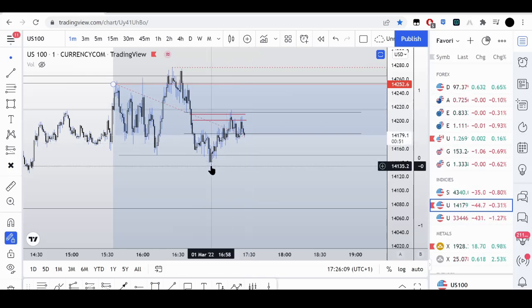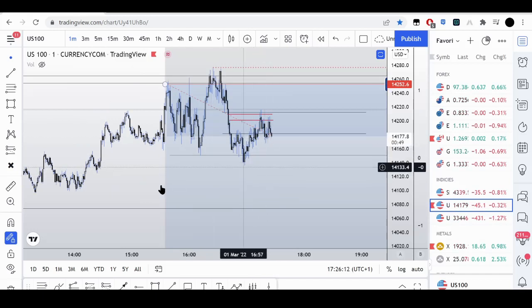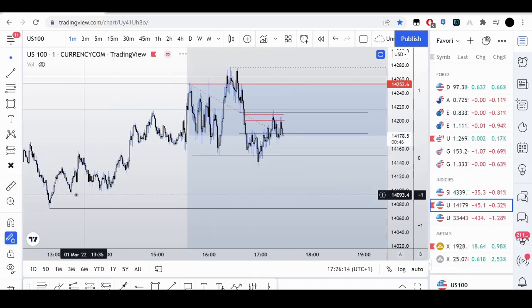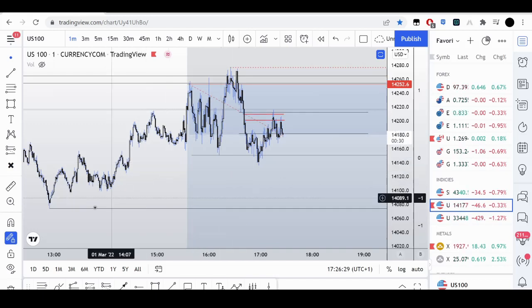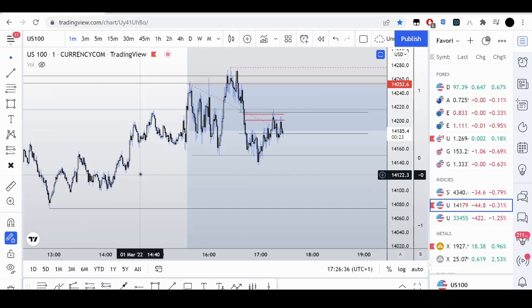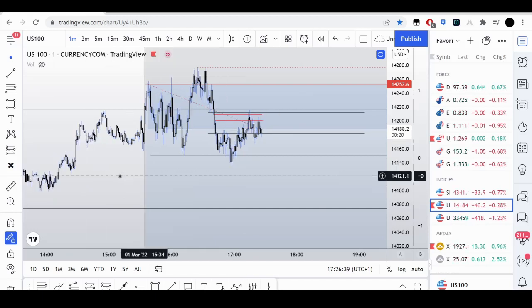Attack this low and attack much further than this low. I want to see it really push to get down here, you know what I mean? Well, I got like 30 minutes left until it's like 6 o'clock, which is like London close. I think London close is over at that time. So I'm gonna hold this trade until we get down. This is the maximum that I'm gonna TP at, right? So that's what I'm waiting for, whether it takes tomorrow, you know what I mean? So we might have to push this until tomorrow if we have to. So we'll see what happens.